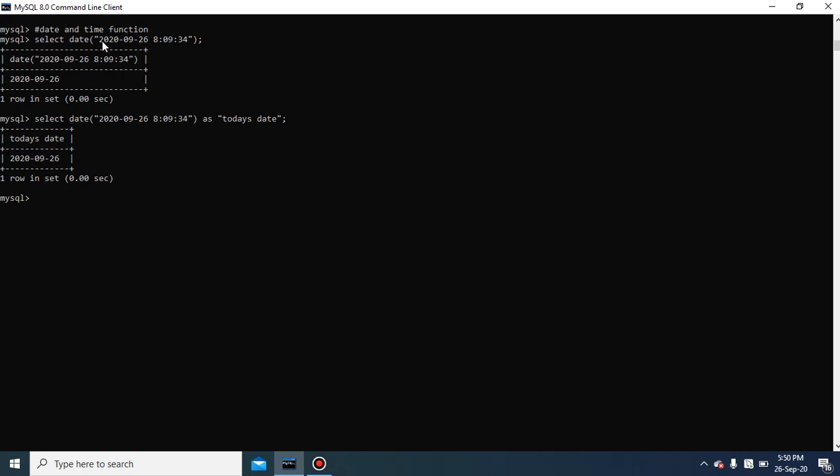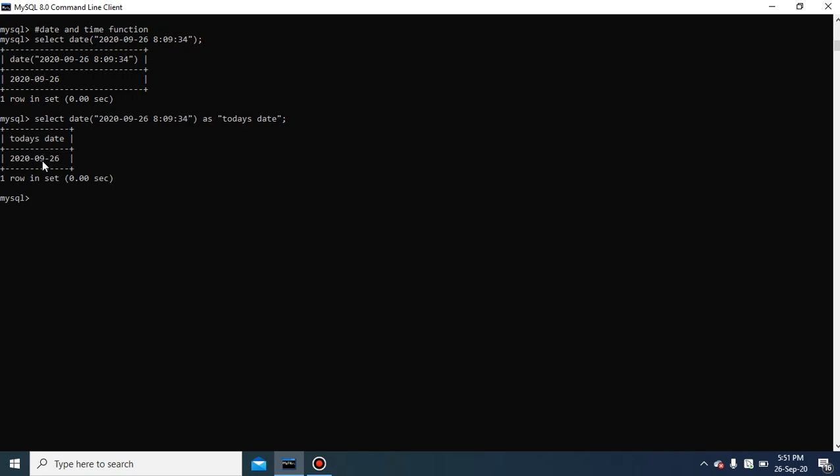The parameter is what you have specified inside the parentheses of date, that is the argument. I passed time as well as date, and it returns only the date. So the purpose of date is to return the date part from the date and time arguments.